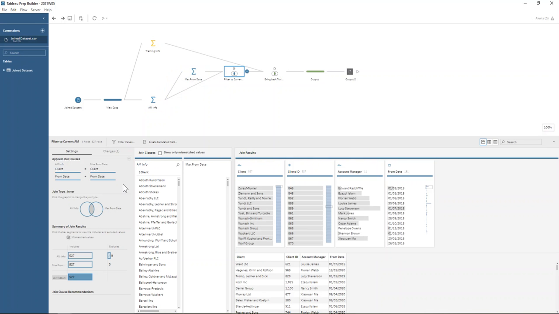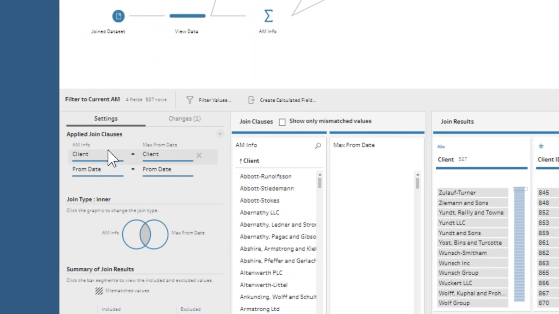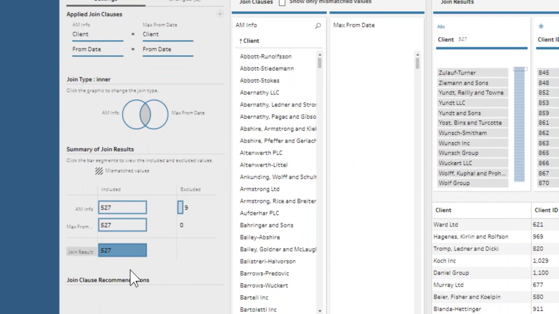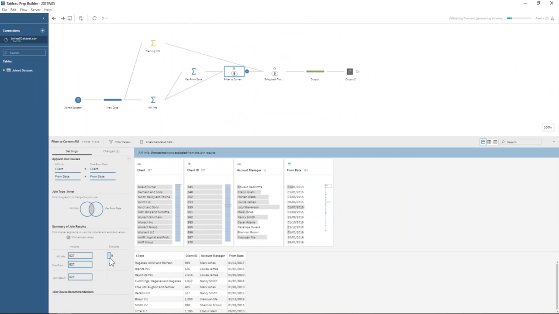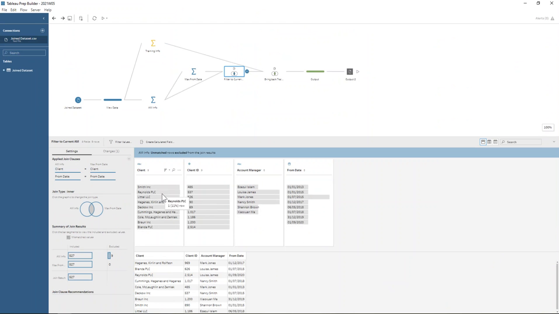How are we doing that? So if I just zoom in to show you that as well, we're joining the client to the client, so for the client name, and then we are joining the from dates as well. So this is only joining the most recent from date onto all of the from dates that we have in our data set. So if we look at what the join results look like, we can see that 9 rows are being excluded here. And if I zoom out from that and click on those 9 rows, then we can see that these are all from clients who are having those duplicated